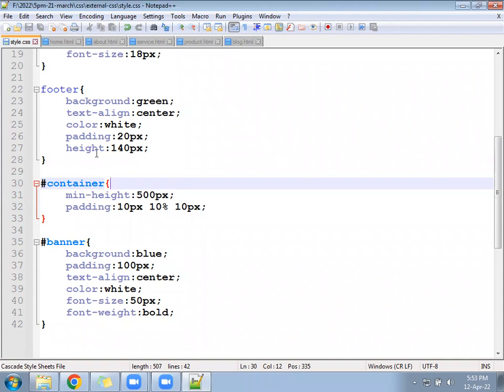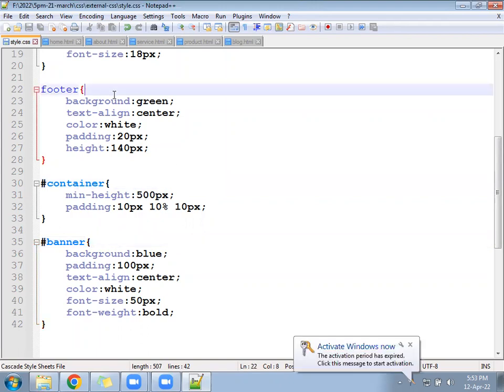Okay, ready? So let us come to the CSS part. CSS part is done. HTML part. We can add some text and then we'll